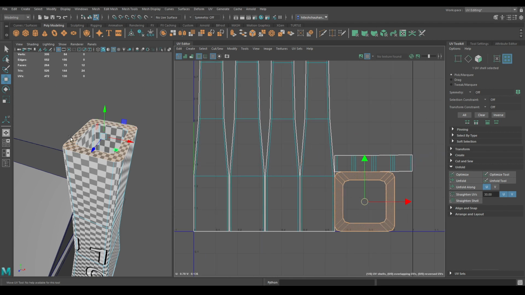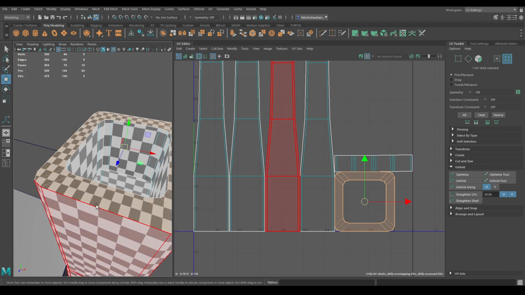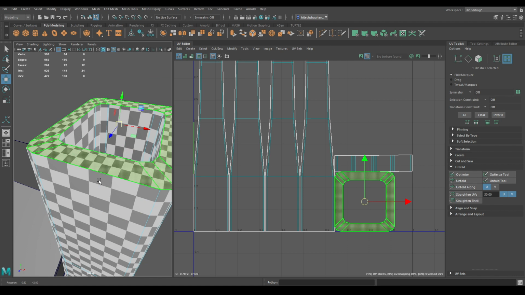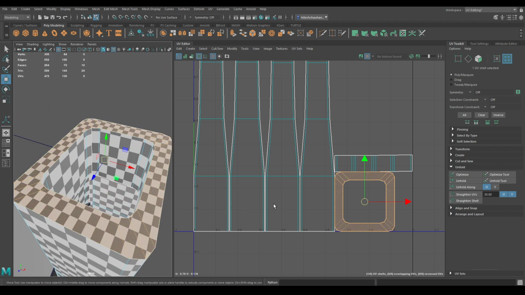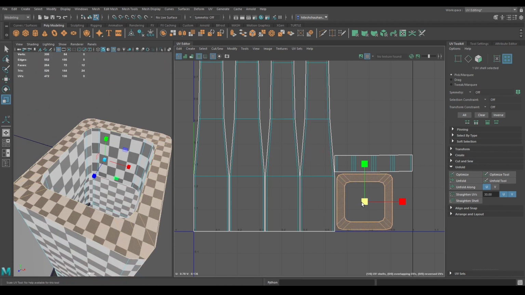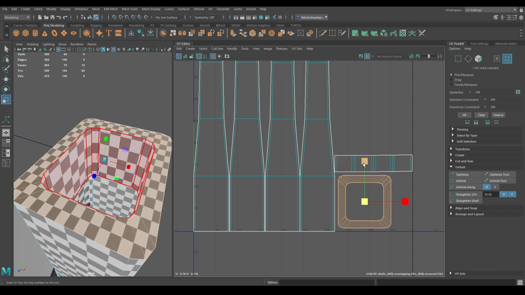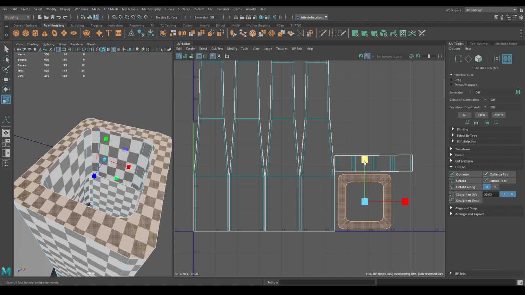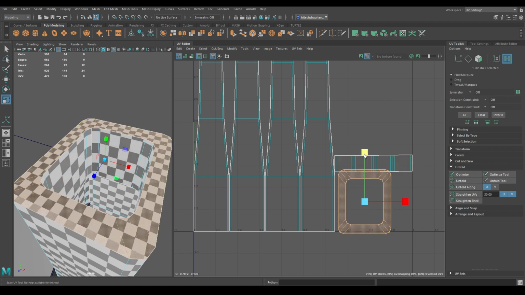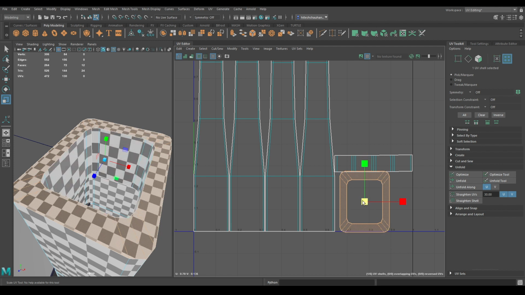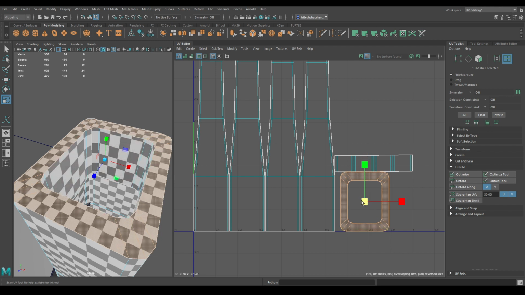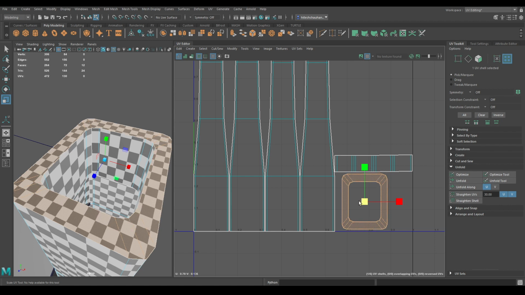Now select this shell and as you can see that our checkers here are a bit small. So scale it down a little bit. And rotate it.